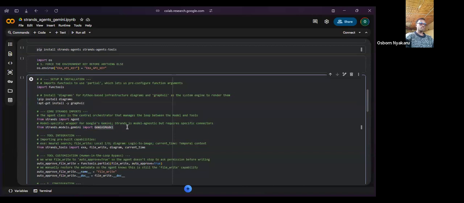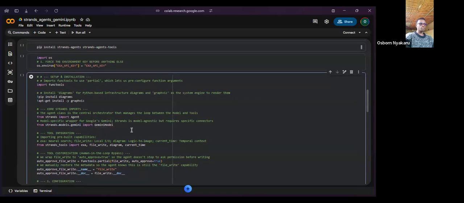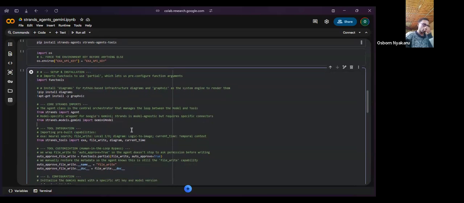As much as Strands embraces all models, you need to be specific about which particular model you're connecting. So you have to be clear about what model you're importing and where you're importing it from.